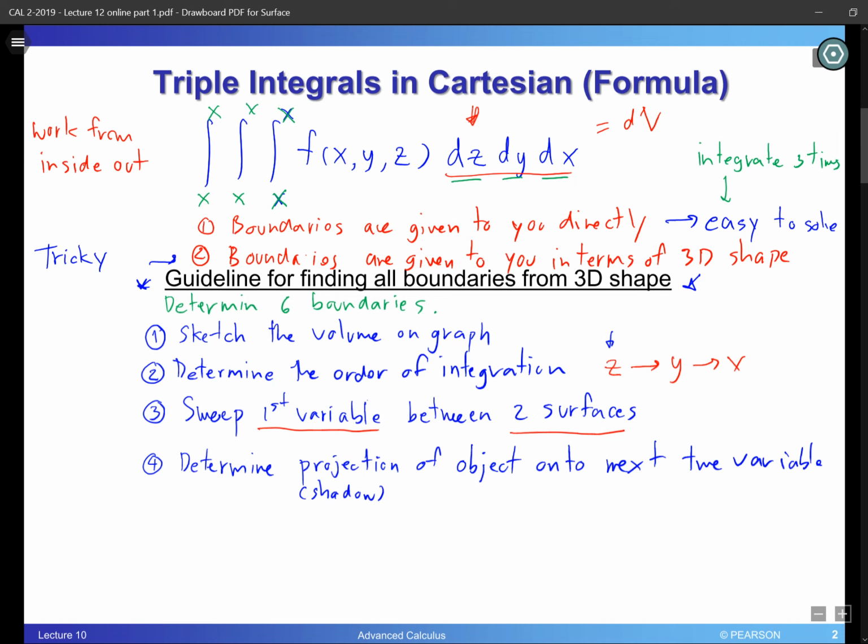What does that mean? Let's take a look here. The next two variables are x and y. So we are supposed to find the projection of the object onto the xy plane. Okay. Now, number 5, we are going to sweep the second variable